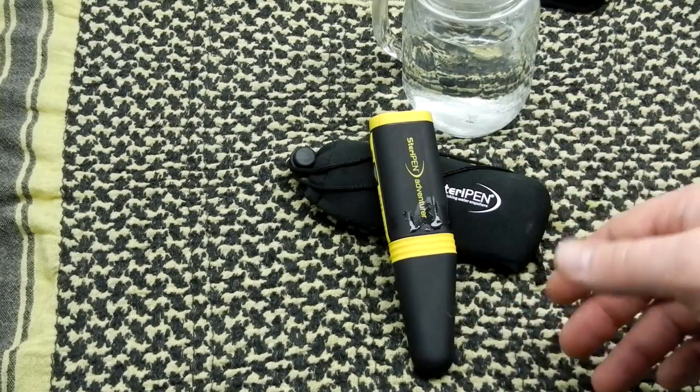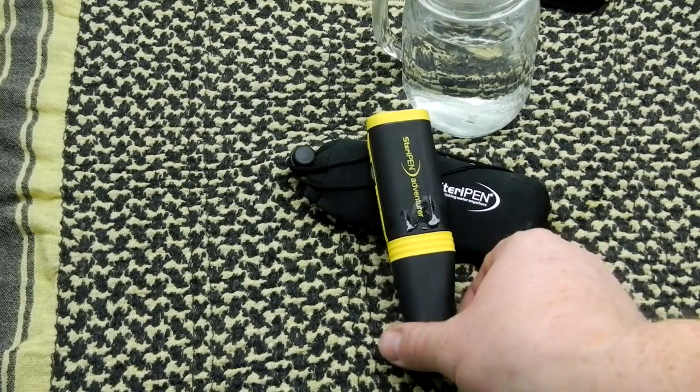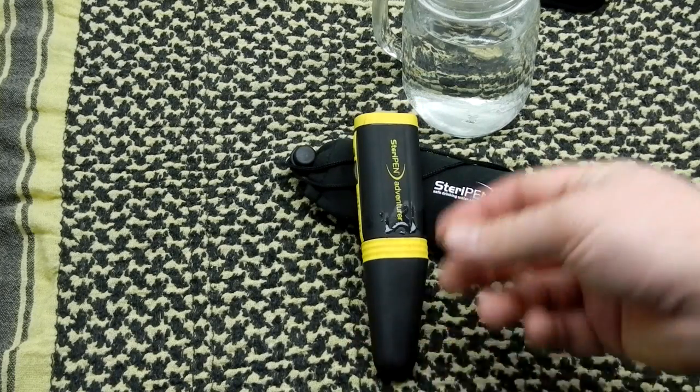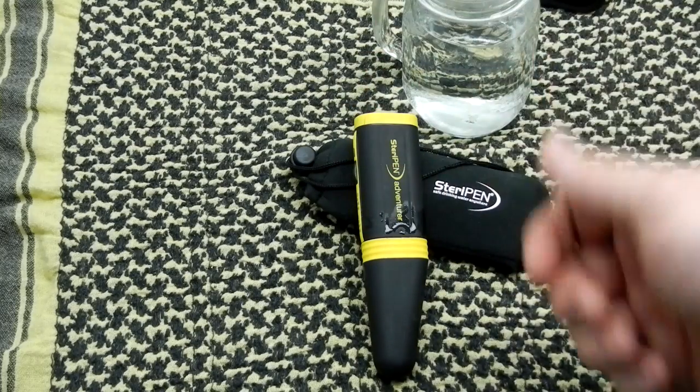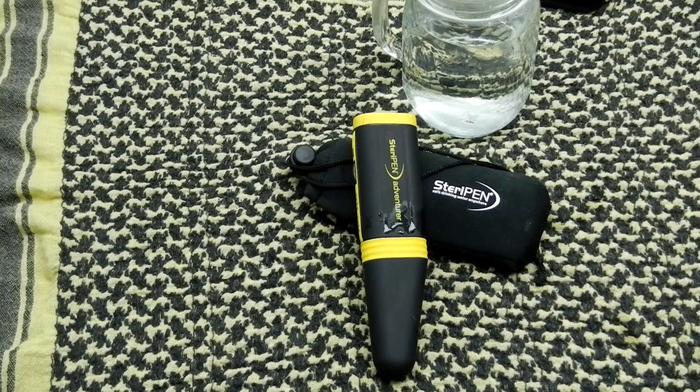I've never looked back. The only thing I ever wished that the Adventurer had is the fact that it was an oval shape. I wish it was round, so that you could stick it into a canteen bottle upside down, similar to their AA models. So I don't know if I'll get a newer version. I was kind of looking for a secondary one originally, because I wanted to kind of split up some of my kits. But that's the review of the